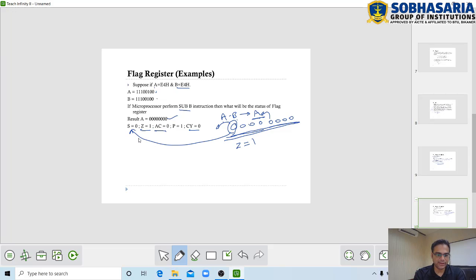That is the reason the sign flag is 0. The last is the parity. As we have discussed, parity becomes 1 when there is an even number of ones. So here you can see there is no 1 present. So the number of ones is 0, and 0 is considered even in the 8085 microprocessor. Therefore the parity becomes 1.